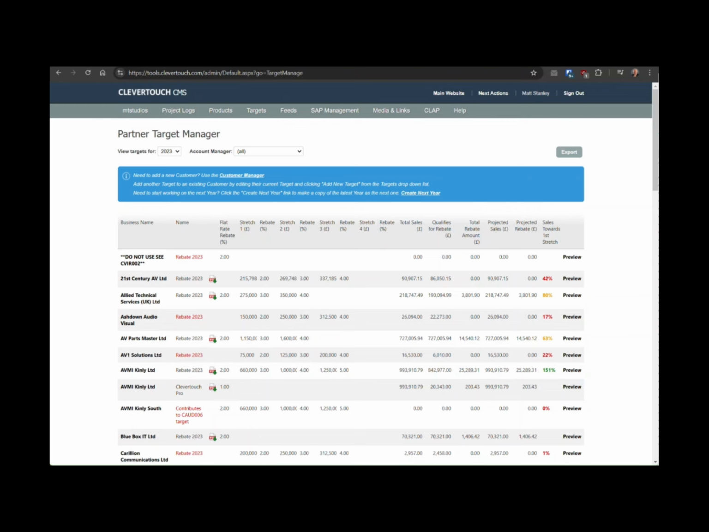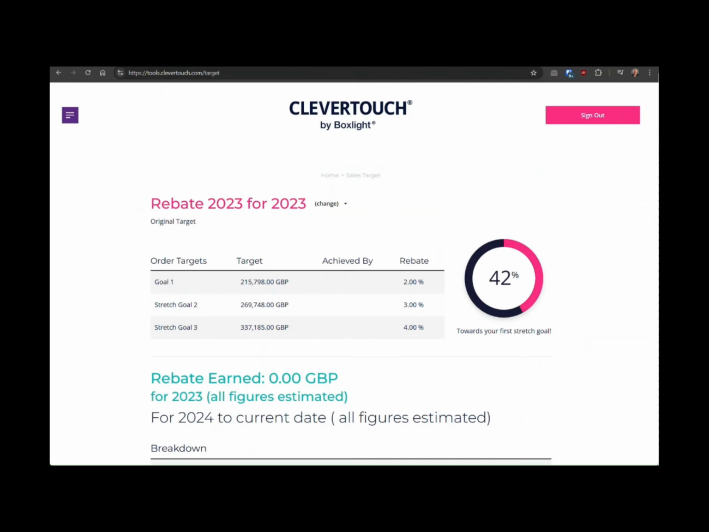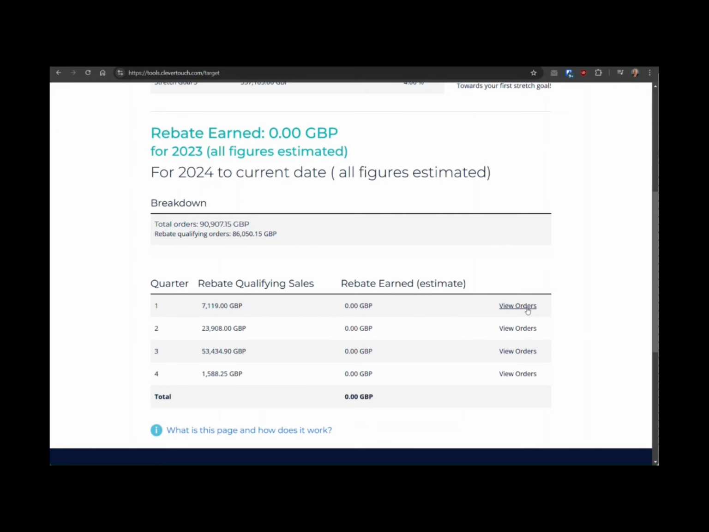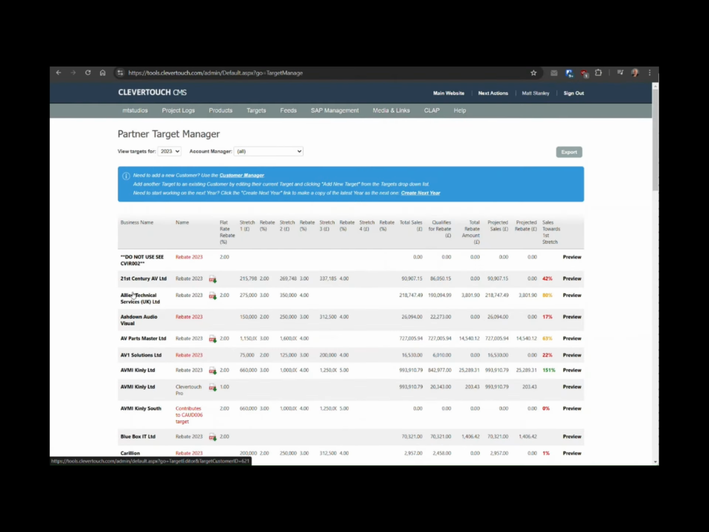From a reseller's point of view, they get to see targets on a screen much like this, where they're shown their target spend and the rebate they will receive if they hit that target. They can have multiple targets per year. They can look at years targets from previous years. They can see the orders that have been raised that help them qualify to hit that rebate level or that target level rather. From a member of staff's point of view, this screen, the Target Manager, is a list